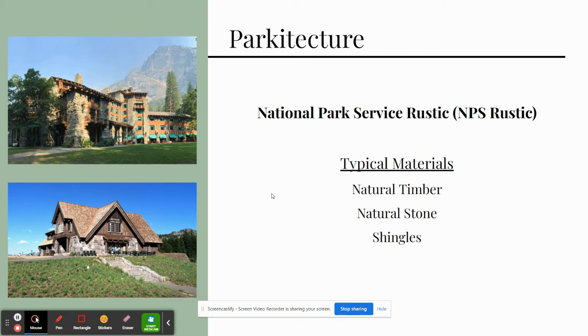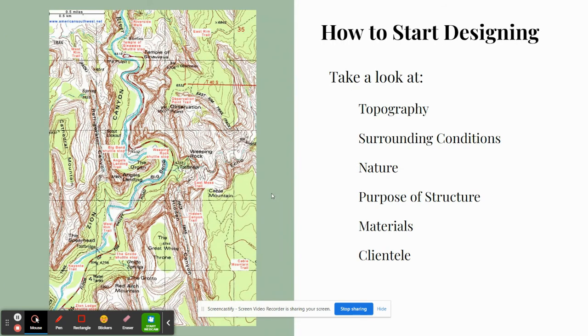Architecture is a more natural rustic look, where the materials that are used to make and clad the building are natural materials found locally in the region. In our case with Zion National Park, the materials that are used for the buildings are wood and stone, which is quintessential rustic design. Even though we have a style to base the buildings off of, designing them isn't that